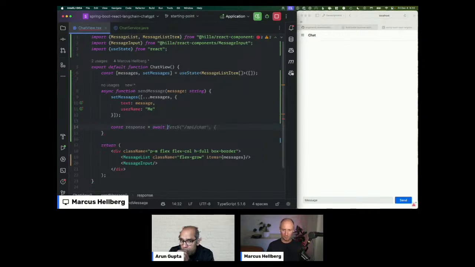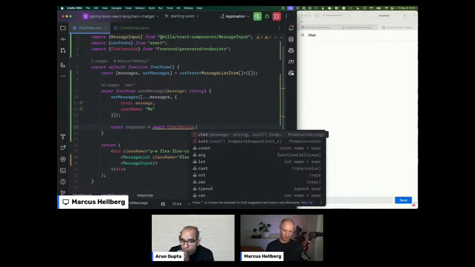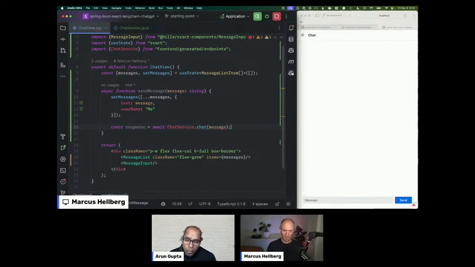Right. So then we want to get the response, and that would look something like this if we were using REST, but we're going to call our chat service. We can actually see that we were able to import in TypeScript the same chat service that we had, and we can use the auto connection that it is providing. We can now see that we have this chat function here that we can call. It takes in a message like that. Beautiful. So it's all typed. It's helping me explore the APIs directly through my IDE here.